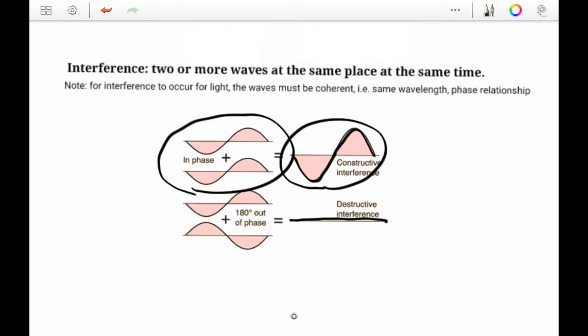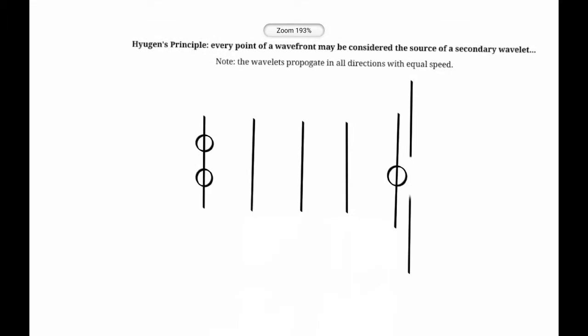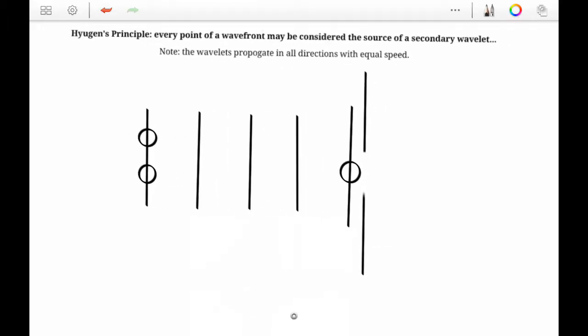With that being said, what we're going to talk about next is Huygens' principle. Huygens' principle is basically talking about how every wave has a wavefront, and that wavefront is divided into secondary wavelets. These wavefronts are the source for these secondary wavelets to occur, and that's how a wave can spread. Like it's written here, the wavelets propagate in all directions with equal speed. If you imagine each of these black lines as a wave,